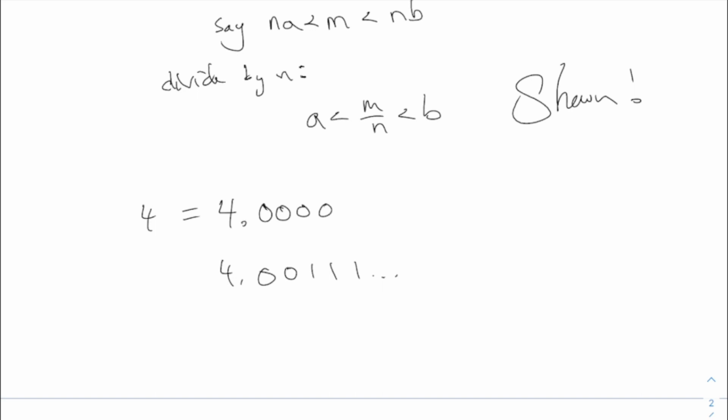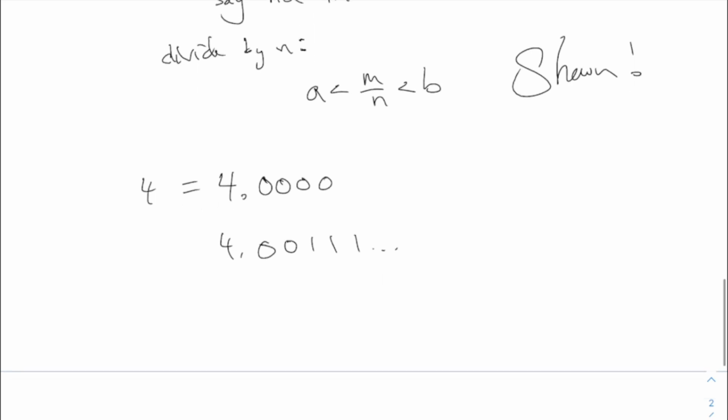Yes, you can. This is a little weird, but an irrational in between them would be something like 4.000, how about this? 1, 1, 2, 1, 2, 3, 1, 2, 3, 4, 1, 2, 3, 4, 5. That's a silly number which never repeats its decimal expansion. It does some other weird pattern with the decimal numbers, but that is irrational. I don't know if you believe me, but every rational has a repeating or terminating decimal expansion. This one does not repeat. And it is in between the other two.